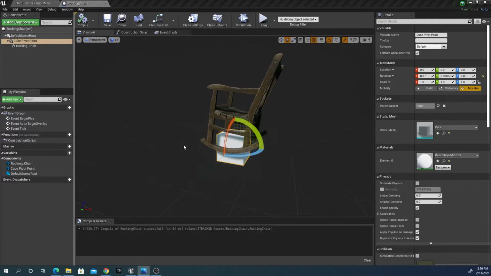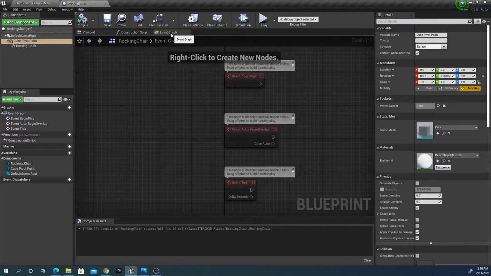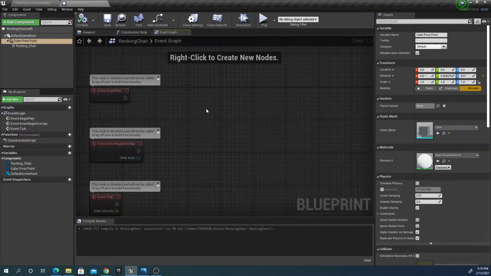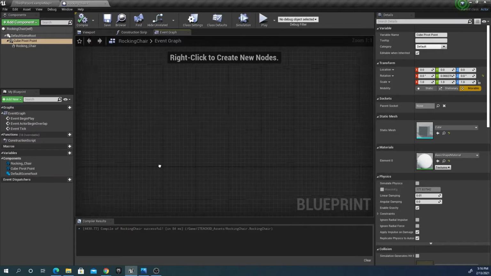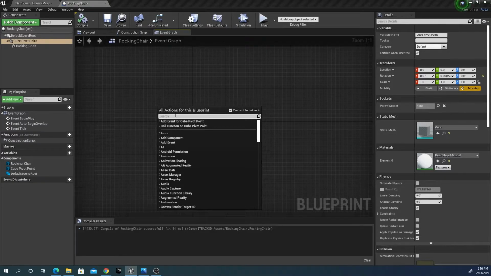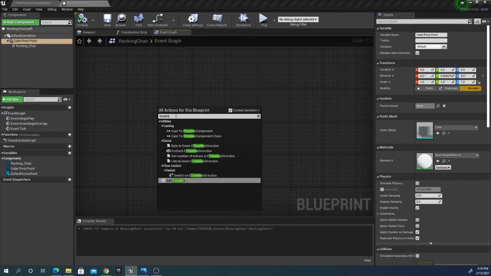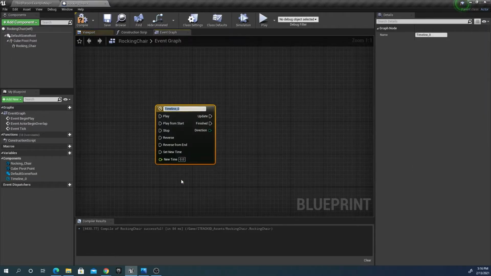Let's animate the rocking motion for the cube. So we're going to open up the event graph, and let's create a timeline in here. In fact, I'm going to get some empty space here. I'm going to right click and type in timeline. I'd like the add timeline option down here at the bottom. And we'll just call it, how about RC underscore